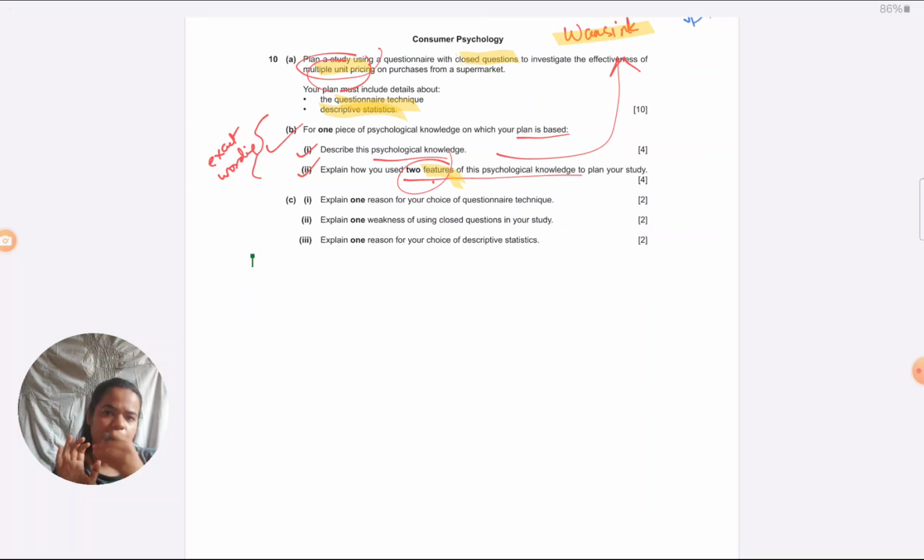Now, by saying I want to incorporate the manipulation, I do not mean that I want to design an experimental study and have 2 levels of the IV. That's not what's being asked. They're asking me for a questionnaire study, so I am going to stick to a questionnaire study only. It's just that when I'm formulating my questions, I will give participants hypothetical scenarios in which they have to compare single unit pricing and multiple unit pricing. So the manipulation feature which was in Vansing, I want to use that to design my question. So that's going to be one feature.